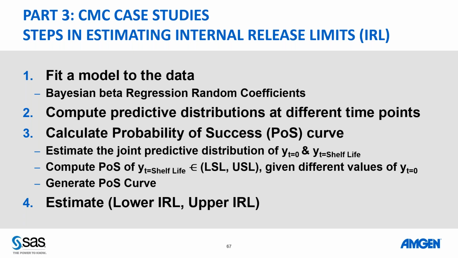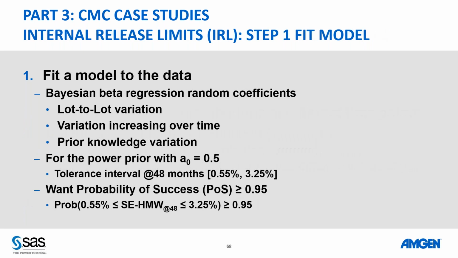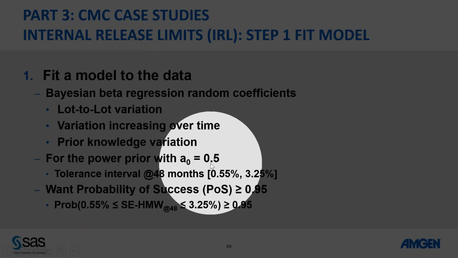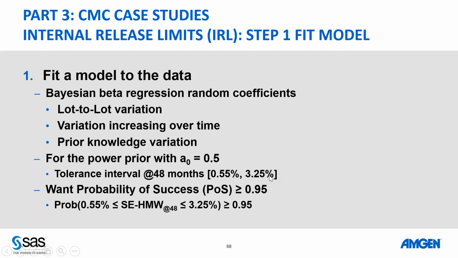And we said, if you want a beta content tolerance interval, then you have to use a graphical procedure proposed by Wolfinger and modified slightly by Krishnamurthy. And then we said, if you want a beta expectation type interval, then you use a credible interval around the predicted distribution. So the predicted distribution is just the data in the future. So we calculate the probability of success with that, and then we estimate those limits. Okay. So this is what we did. And remember, we got 0.55 to 3 1/4. We went through this exercise. We used the power prior with 0.5, and that gave us a tolerance limit.